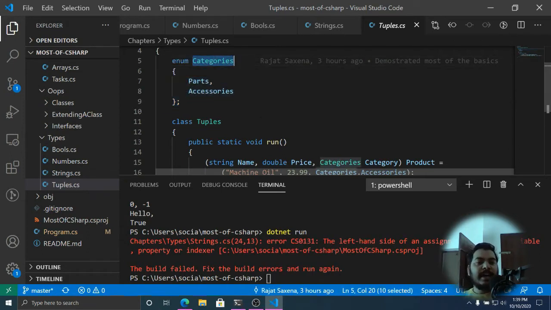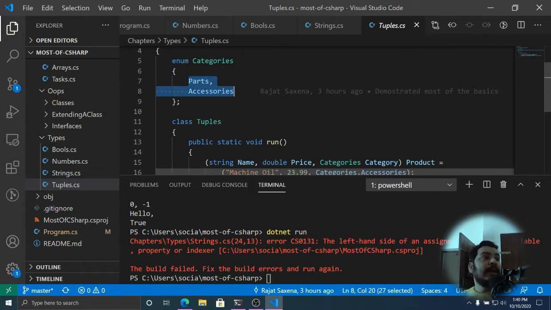As you can see here, I have created an enum of type categories and I have created these categories. So I just want to tell the compiler that there cannot be a third category which falls outside of these things. A user cannot assign any random category if I create a variable of type categories. Okay, so this is how you use enums.